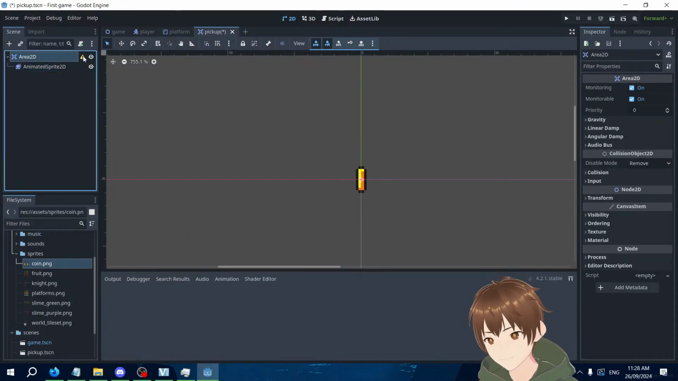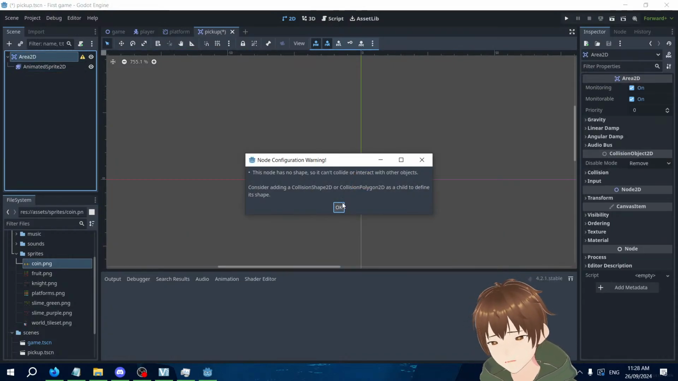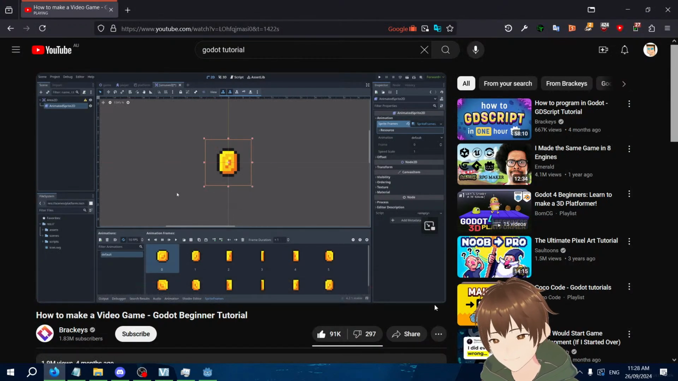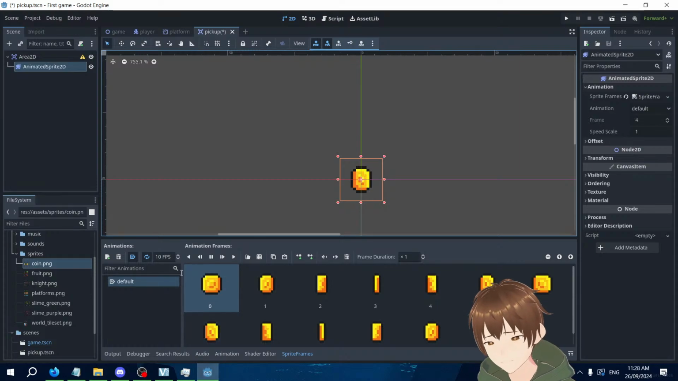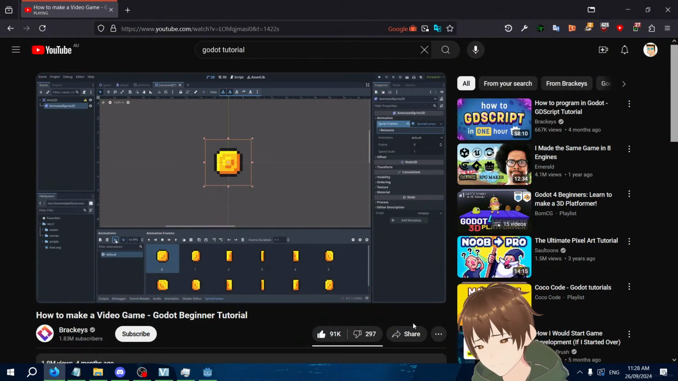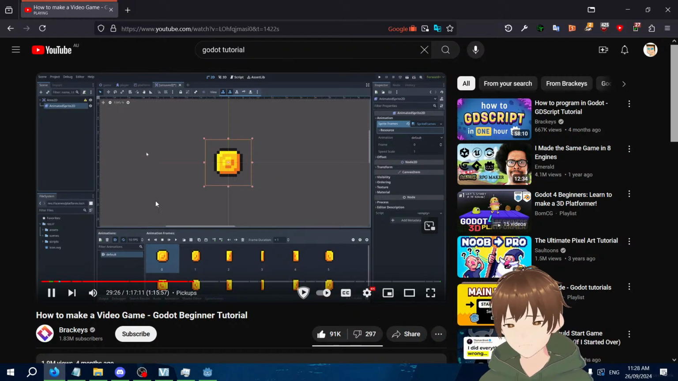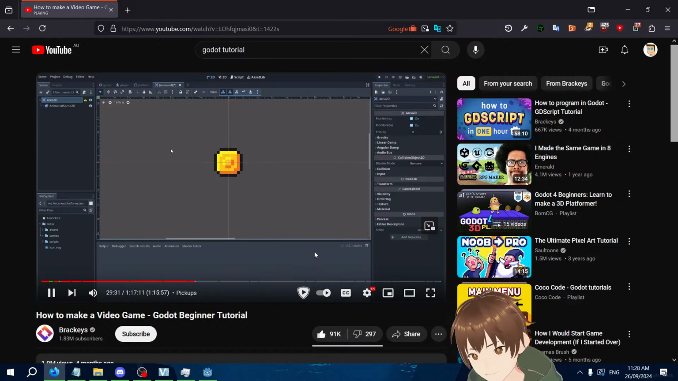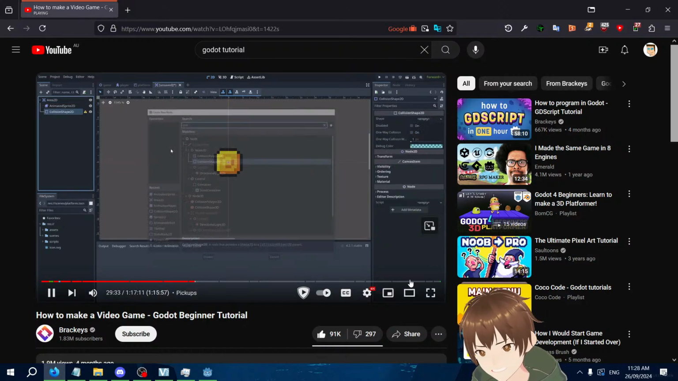Now why is it still having this? This model has no shape, so it cannot collect the interactive objects. Okay, so we need the physics. Coin animation. We need the physics thing. Okay, so let's make sure that this autoplays. And just like a normal physics body, an area 2D also needs a collision shape. So let's add a collision shape 2D, and then